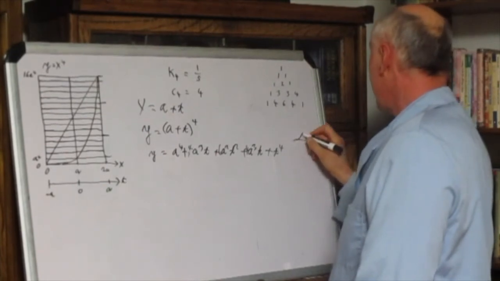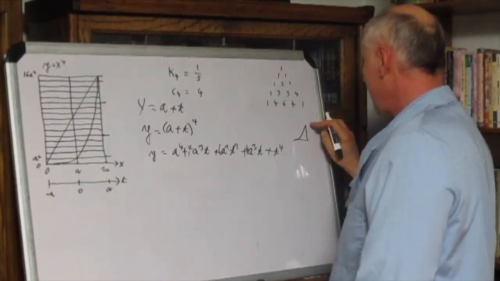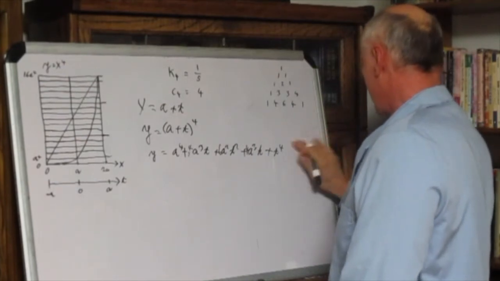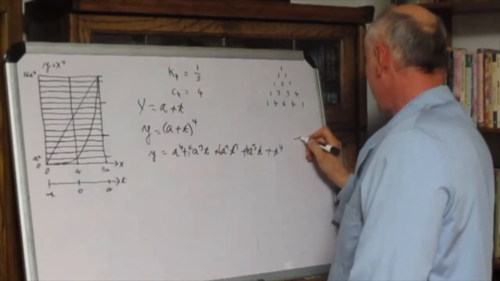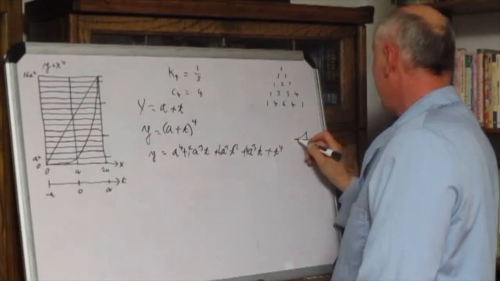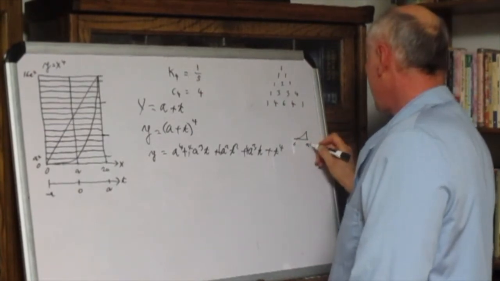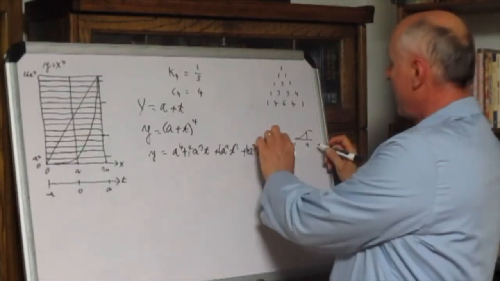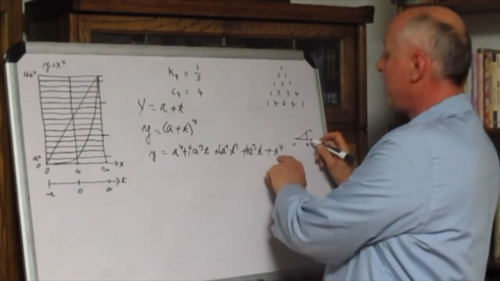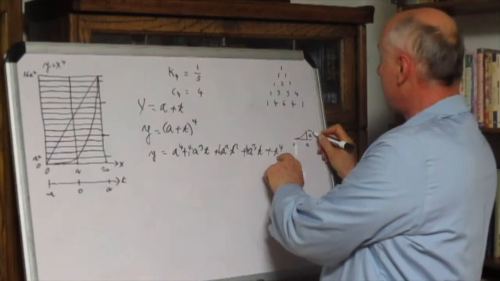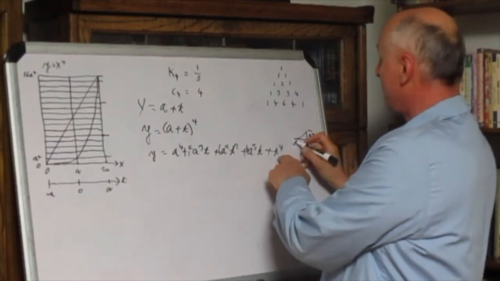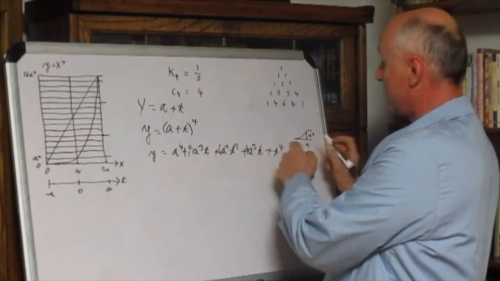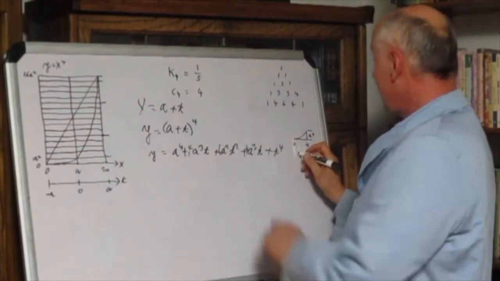there's our plot. I better make it smaller. This starts at 0 to a on the t-axis. And this would be our, basically, you plug in t equals a, you get a to the fourth. You plug in t equals 0, you get 0, right? That's what this is. Then you also get